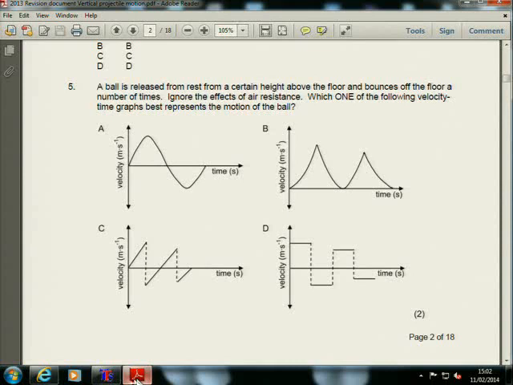So let's go and have a look what we've got there. We've already said it can't be D because D does not start at rest. It's not going to be B because B is curved. It's also not going to be A because A is curved. Can you see there's a curve? Right. It's going to be C. And let's quickly look at it this way. They say a ball is released from a certain height. So what happens? There the ball goes. The ball hits the ground. Right? There it hits the ground. Now remember, when